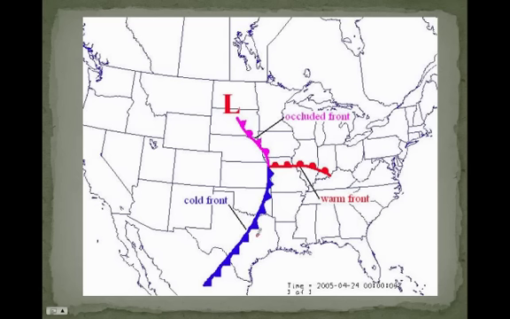If you're a town right here, what you would expect as weather is that since you're that close to the front, you're probably already seeing clouds. You're going to get storms probably occurring soon. And you're going to see a very drastic temperature change. Also, as all the fronts move past you, you will typically see a change in direction of wind, depending on what type of front it is. So this front is moving this way, this front is moving that way, and this front's kind of moving that way. So if you're right here, you just had the warm front pass over you,